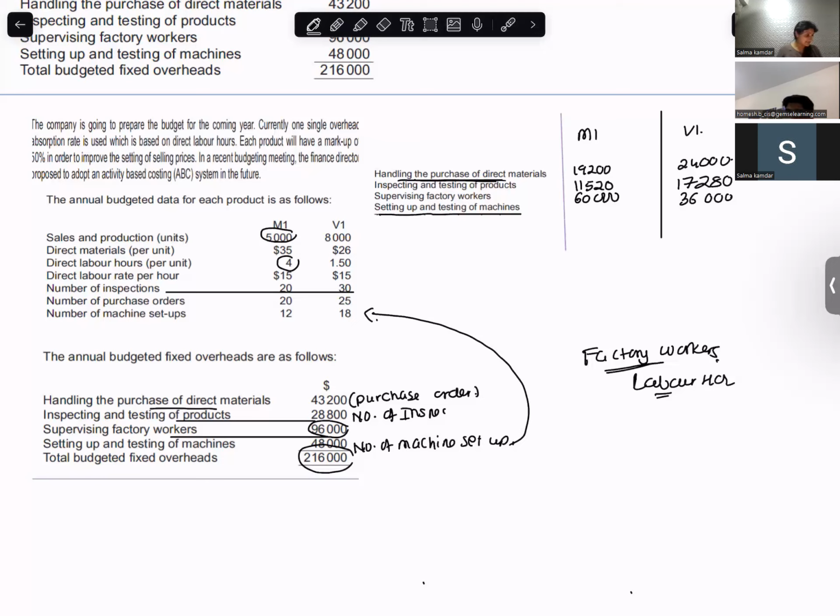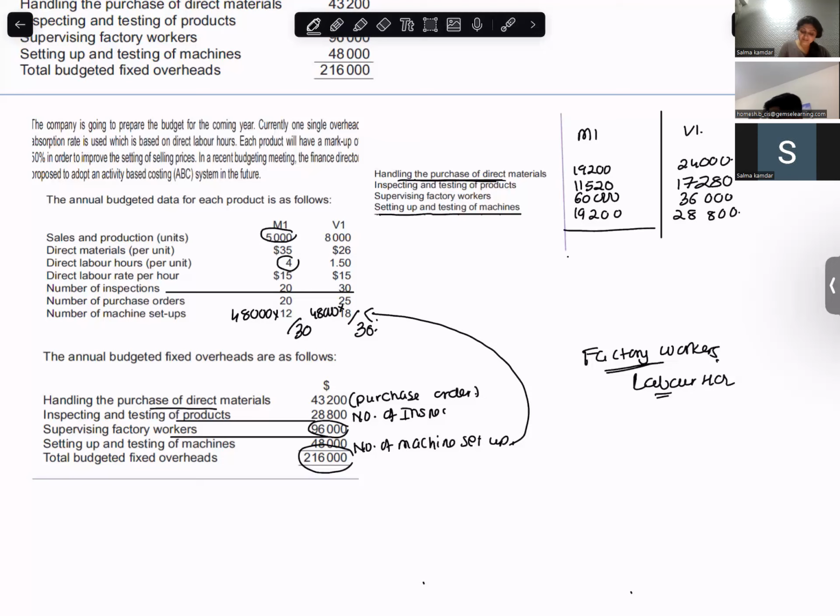So it will be 12 by 30 for M1 and 18 by 30 for V1. 48,000 into 12 by 30 becomes 19,200 for M1, and